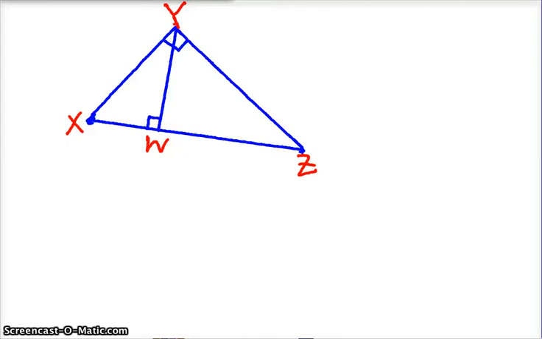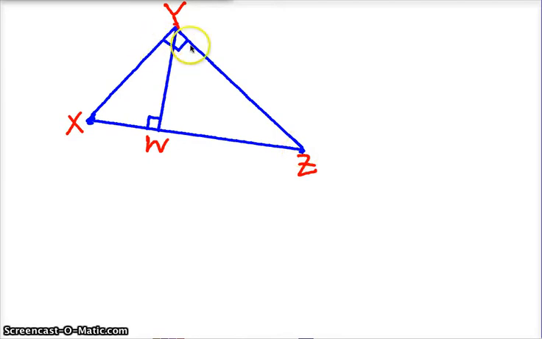Okay, so today we are jumping to section 8.1 and we're going to take one theorem from 8.1 and intertwine that into this unit because we think it pertains to this unit because it is talking about similarity in right triangles. So you can see here I've drawn a right triangle, triangle XYZ, and if I took this right triangle,